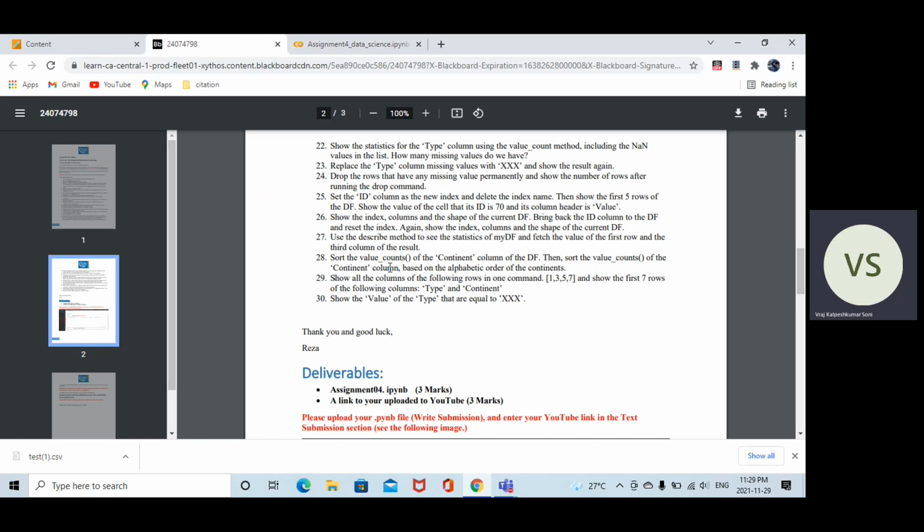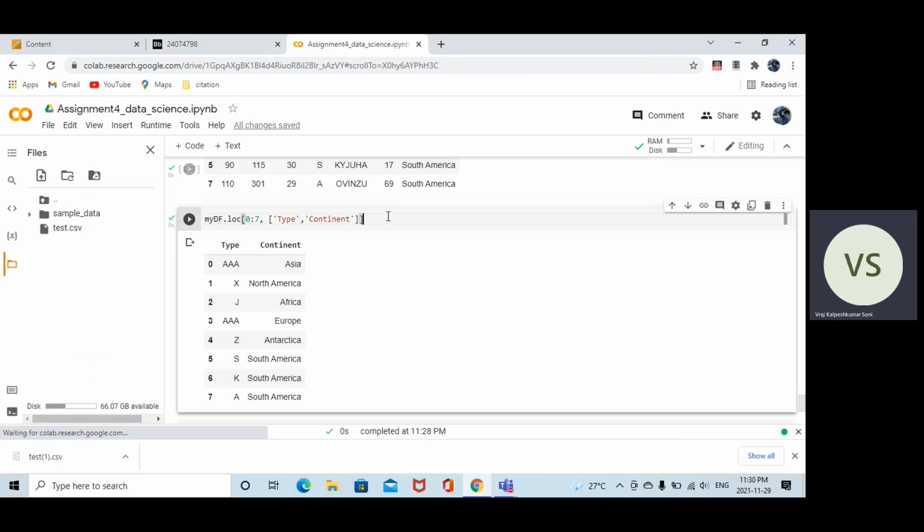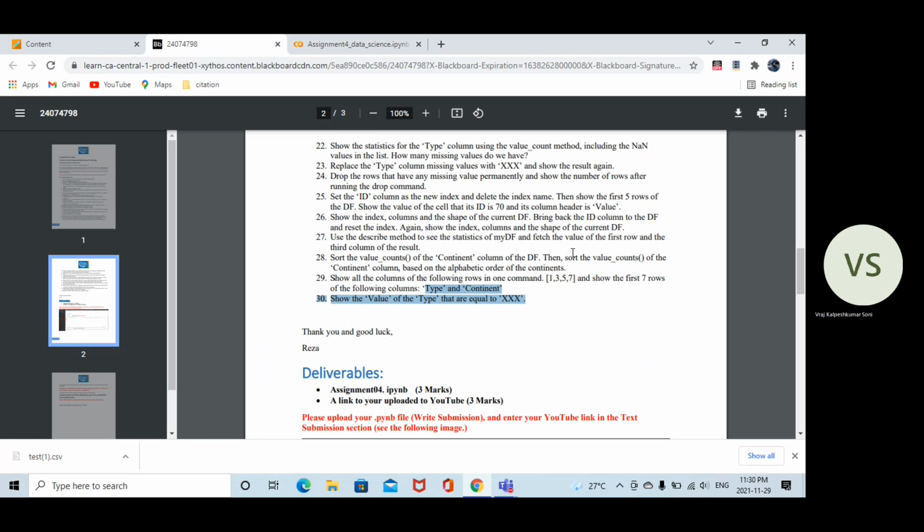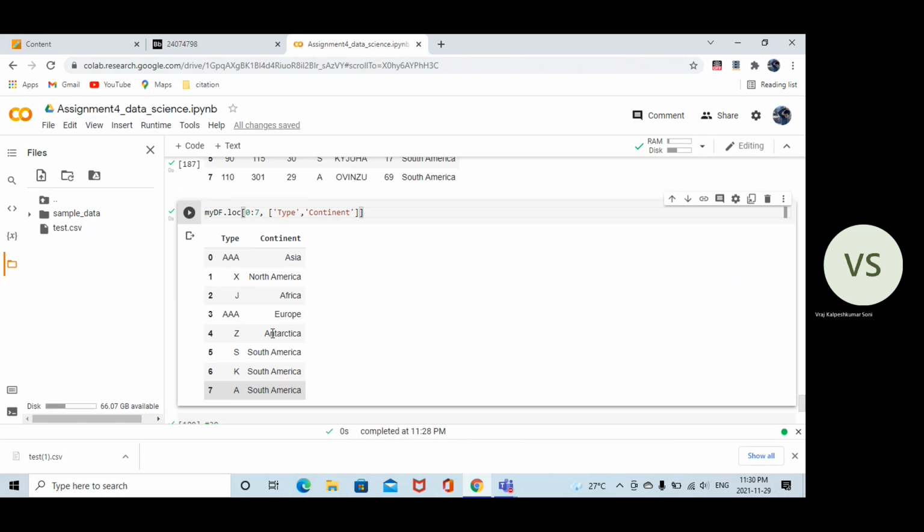Now it has one more part in it. It says show the first 7 rows of the following columns, type and continent. So I will specify type and continent, that's it, and 7 rows. So from 0 to 7 I just want to get type and continent. So 0, 1, 2, 3 till 7, I got this as a result. It says show the first 7 rows. Okay, my bad.